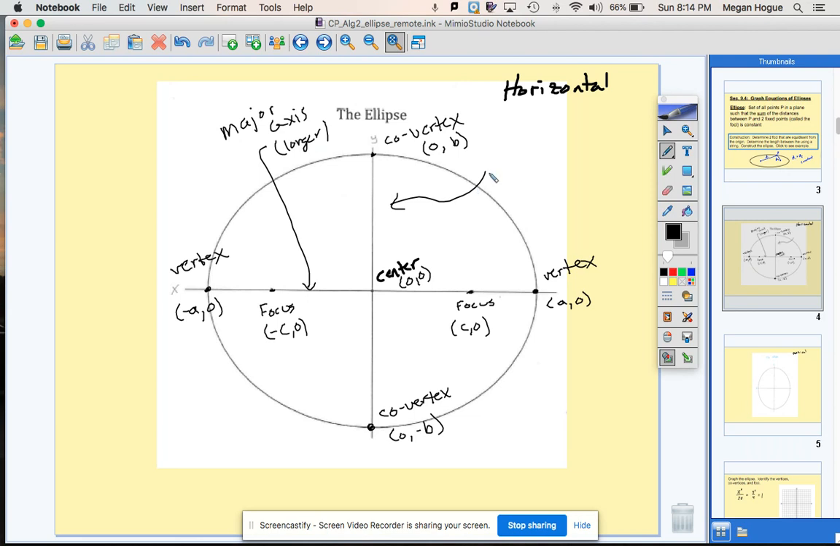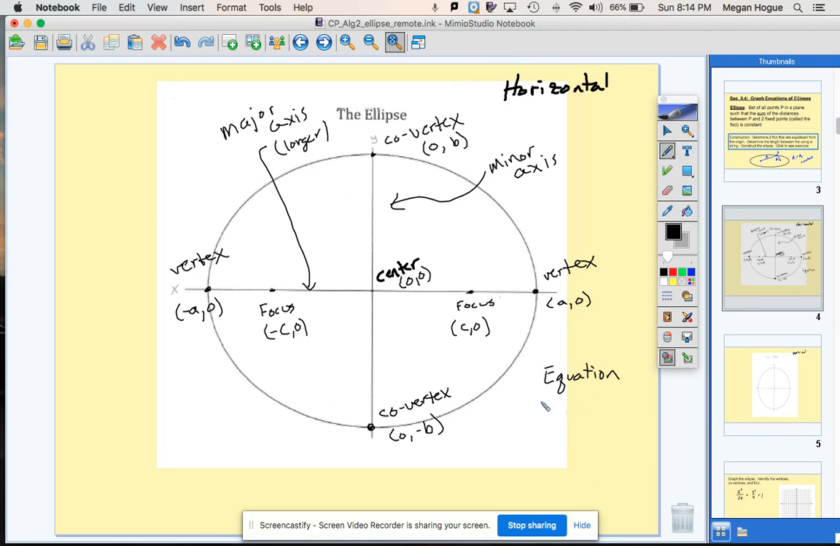And this one is the minor axis, which is the shorter one. And so obviously when we talk about circles, we also talked about equation. That's going to be important for the ellipse as well. So down here in this corner, I'm going to put